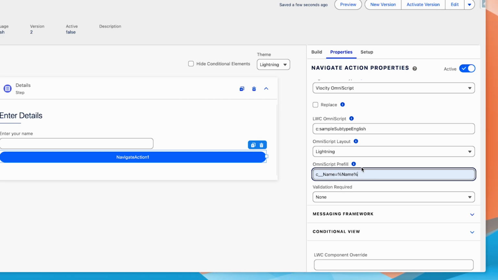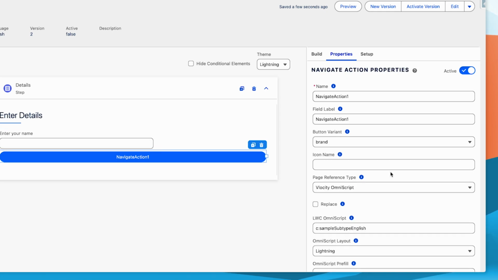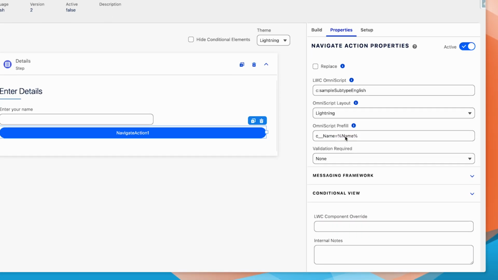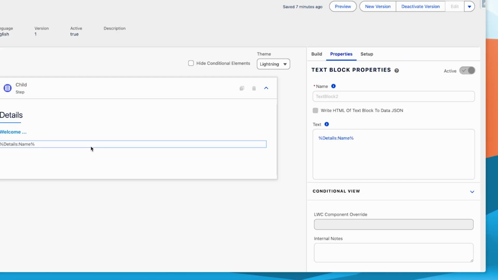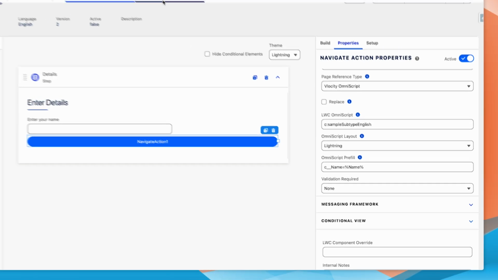For example, in our parent, we have a name field and we are passing that value through our navigate action. And you can also use static values. I'm just showing how to use dynamic values. For using dynamic values, you should use the merge fields. Hope that's clear. Now, before activating the version, after filling all the necessary details, go back to our child OmniScript,